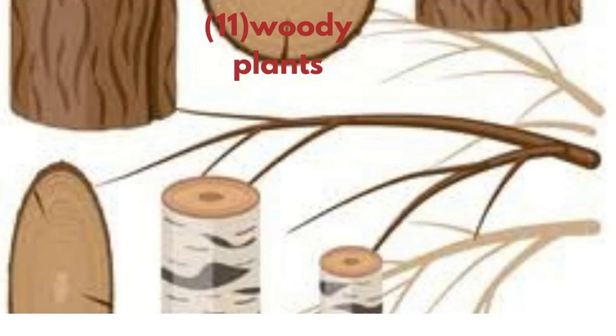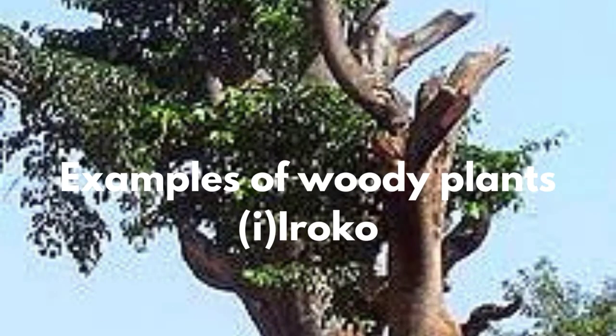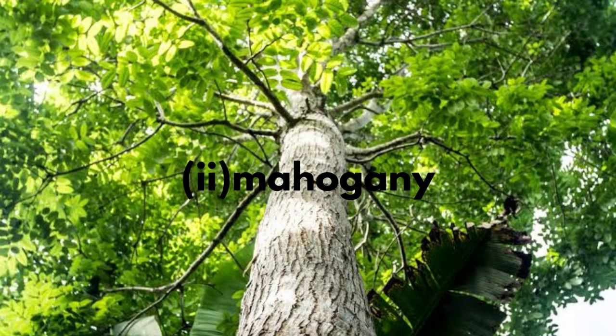Now, number eleven is the woody plants. The woody plants are the plants that provide wood for building and construction, for manufacturing of chairs, etc., for books. Examples of woody plants is iroko. Imagine the world without a tree. Are you sure we are going to survive? I'm not sure at all. So we have iroko, we have mahogany. These plants are a rich source of wood, which is used as firewood, for building and construction, for construction of chairs, tables, etc. So these are sources